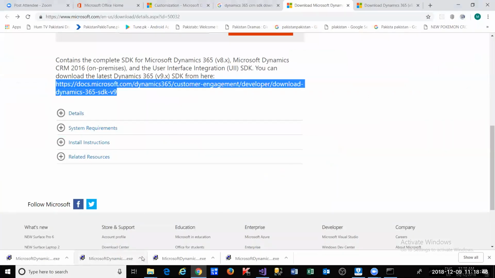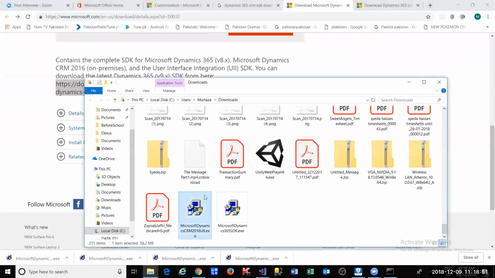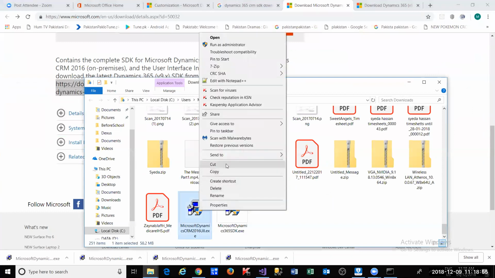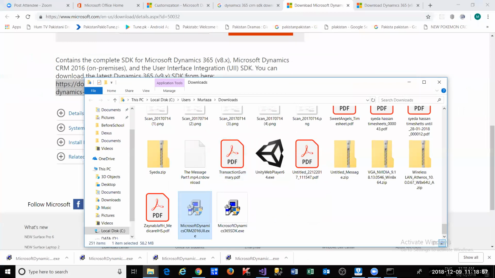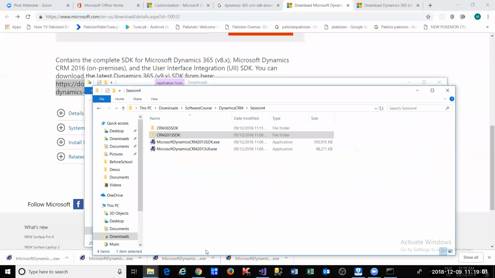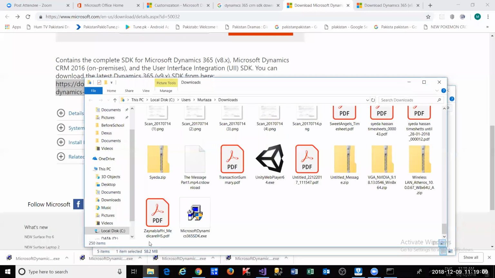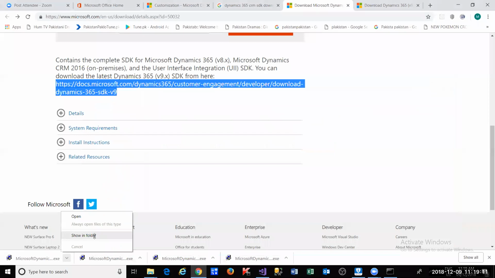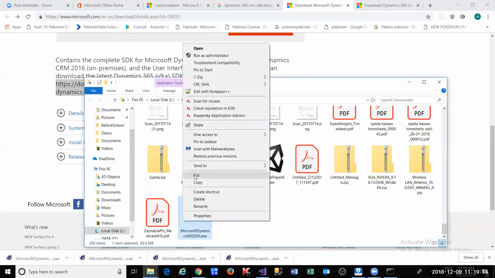So I'll just look at this. It does say 2016, but just one second. So if we go to CRM SDK, just paste that here. We've got 2016. Cut this there